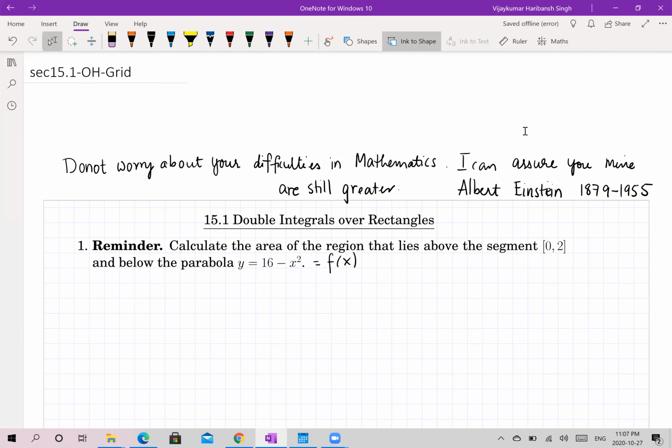Welcome students. We want to discuss double integrals over rectangles today. Before we start,